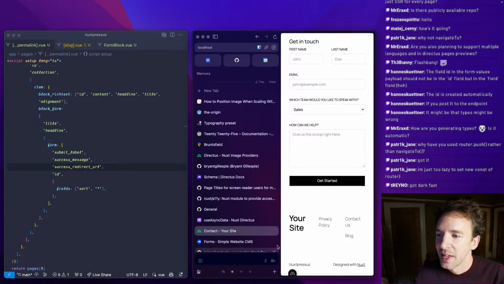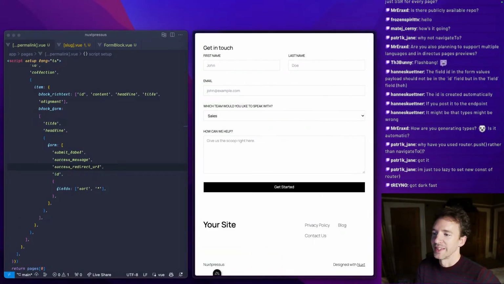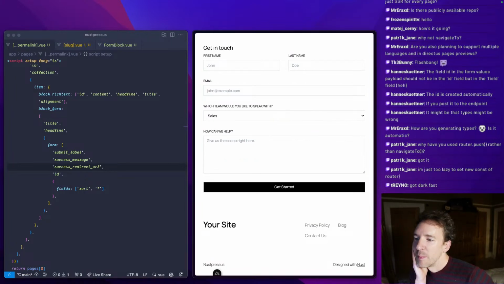Yeah, it's super dark, isn't it? It's super dark. I may actually have to go. It's getting a bit late, but